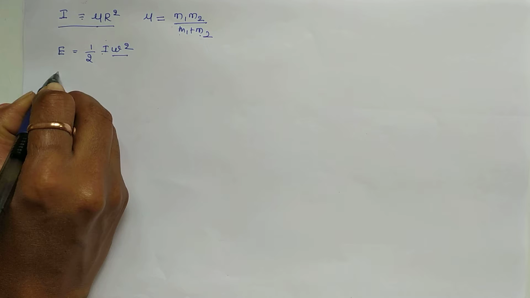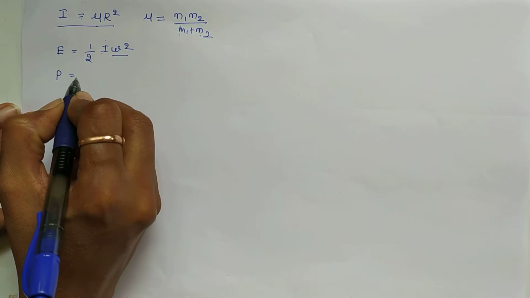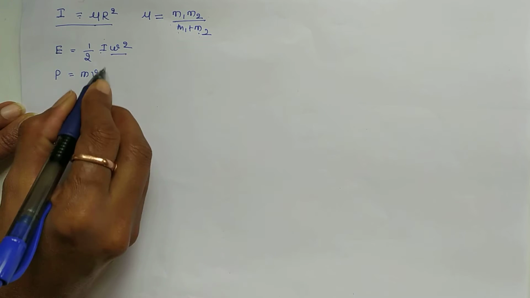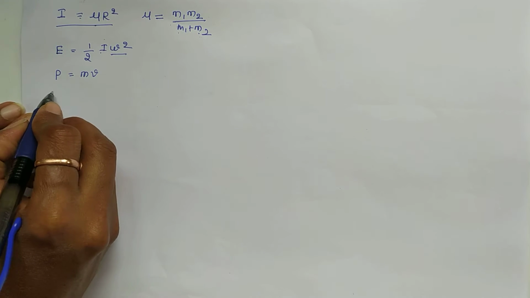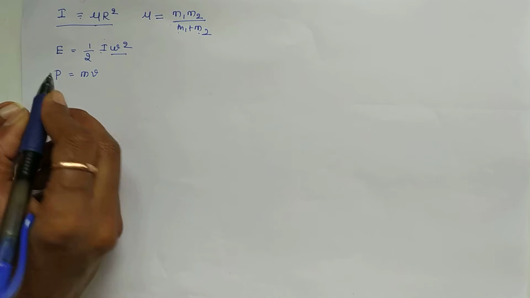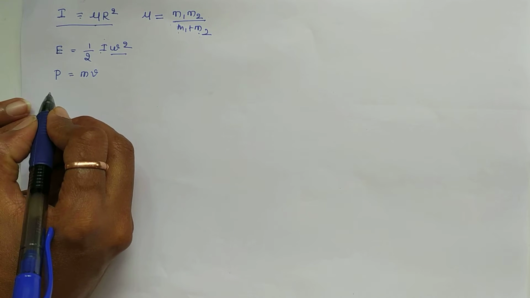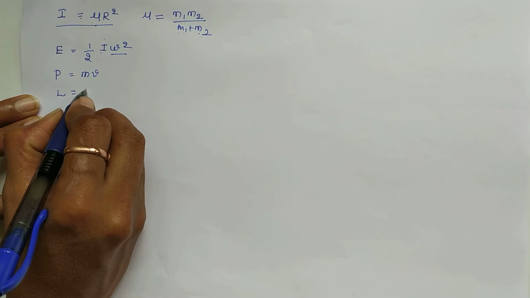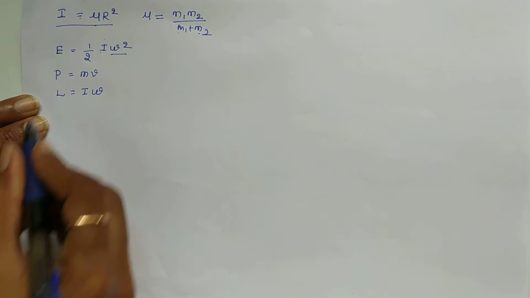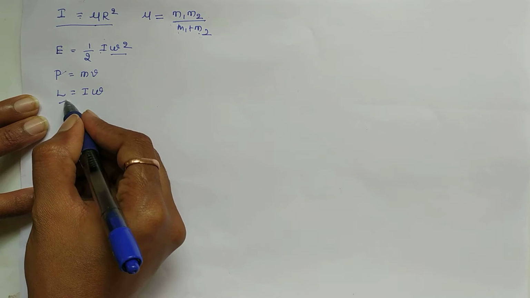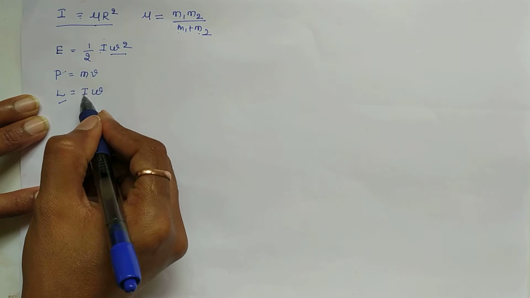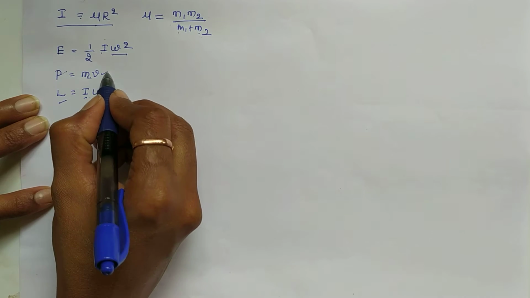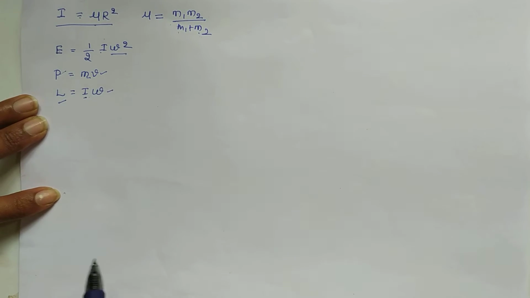So now we know linear momentum is equal to mass into velocity. This expression is very familiar. This is regarding linear motion, and if the molecule is rotating, if rotational motion is there, then angular momentum comes, and the expression for angular momentum is denoted by L and is given by I omega. So this is linear momentum and this is angular momentum, and mass is for the linear, and moment of inertia is for the rotational motion. Here linear velocity will be there, here angular velocity will be there.